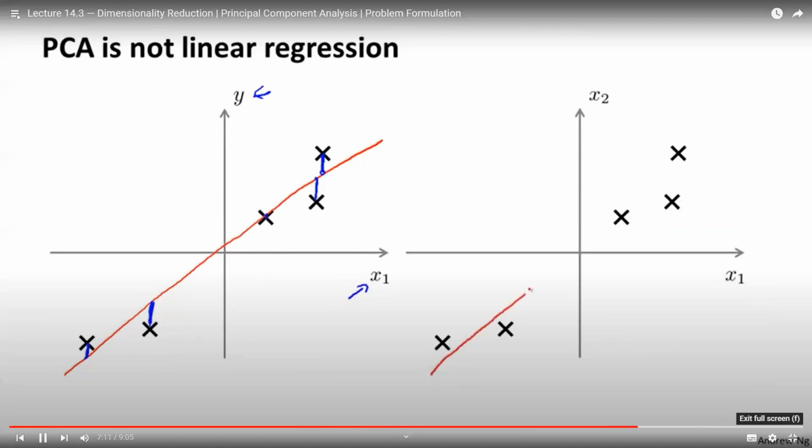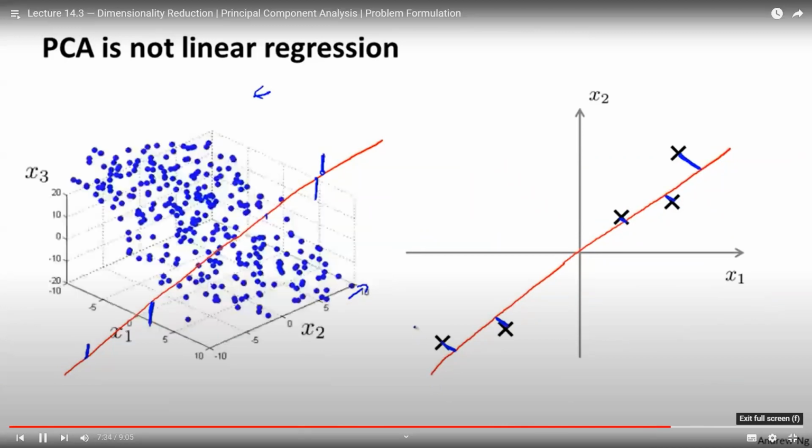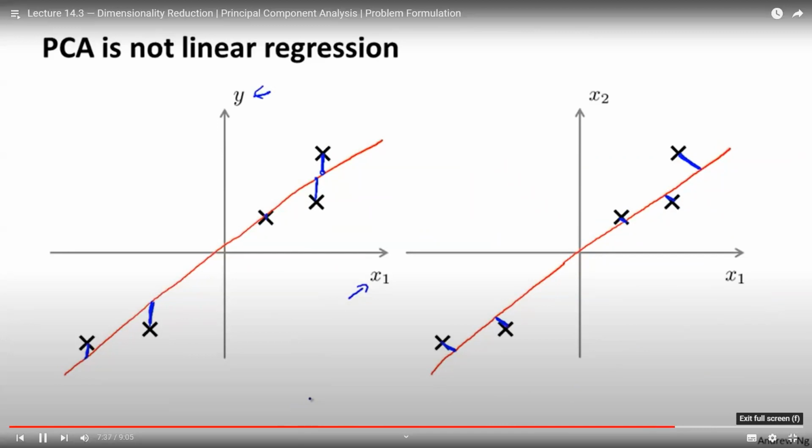Whereas in contrast, PCA tries to minimize the magnitude of these blue lines, which are drawn at an angle. These are really the shortest orthogonal distances, the shortest distance between the point x and this red line. And this gives very different effects depending on the data set. More generally, when you're doing linear regression, there is this distinguished variable y that we're trying to predict. All that linear regression is about is taking all the values of x and trying to use that to predict y. Whereas in PCA, there is no special variable y that we're trying to predict,